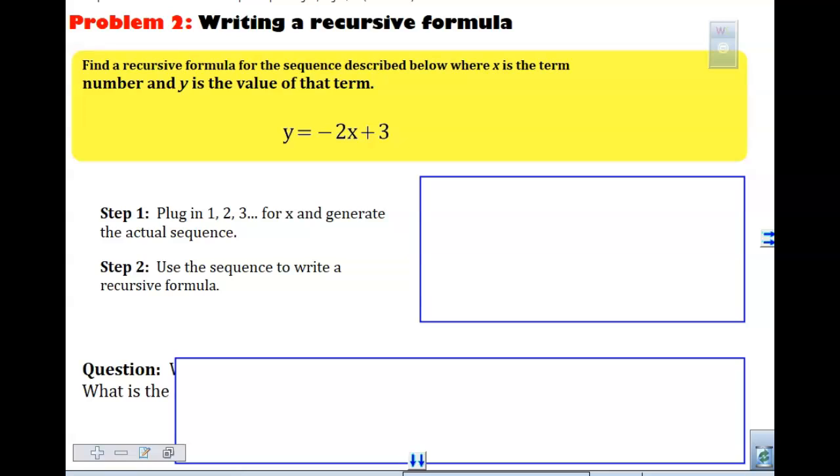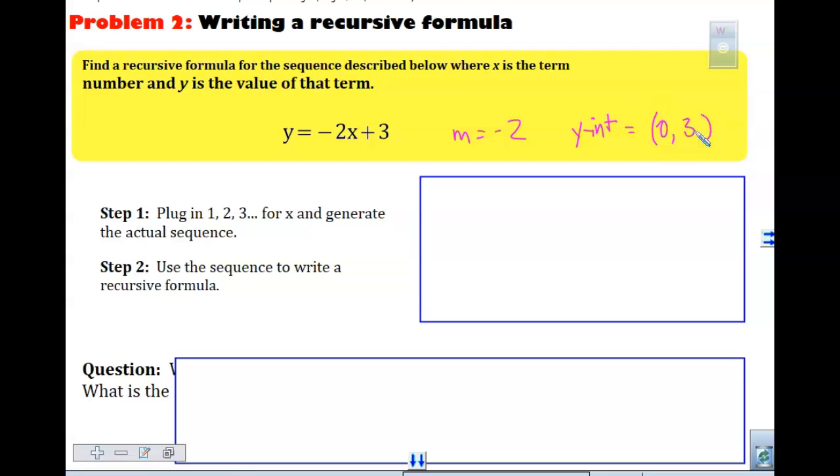It says, find the recursive formula to a sequence where x is written as this equation: y equals negative 2x plus 3. Now, what do we know about this equation? It's in slope-intercept form, right? And the slope is what? Negative 2. What does that mean? Slope of negative 2 means that we are subtracting 2 from each number as we increase our x by 1, okay? If I asked you my y-intercept in this equation,